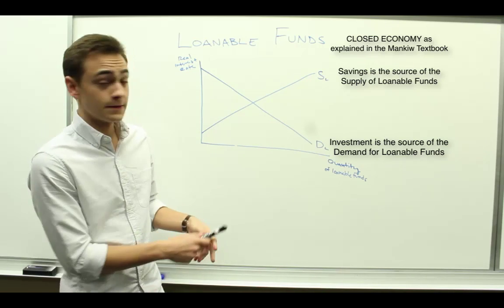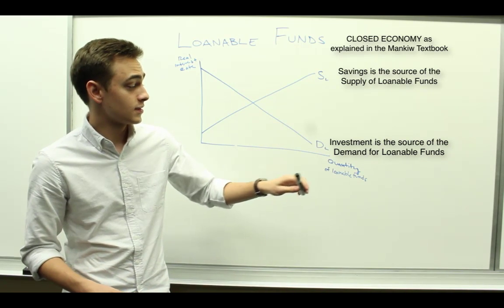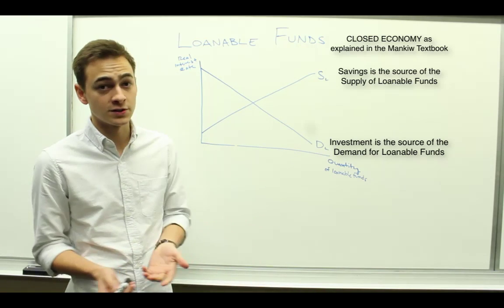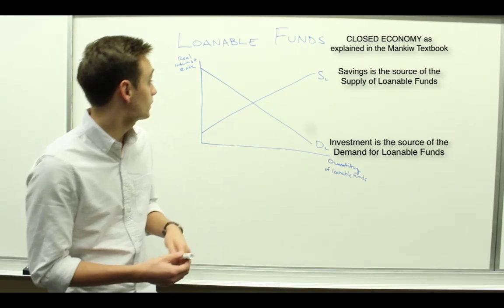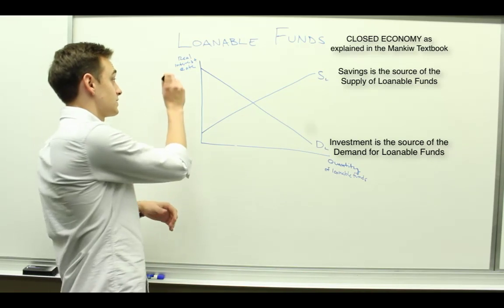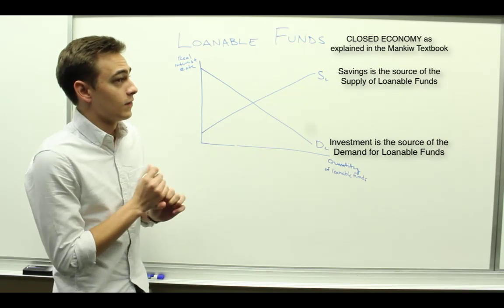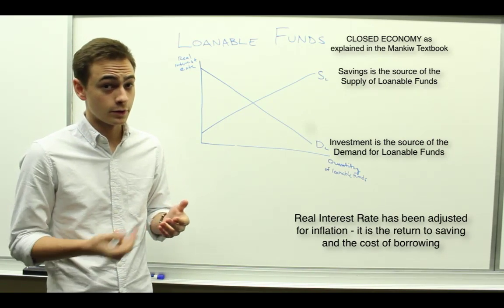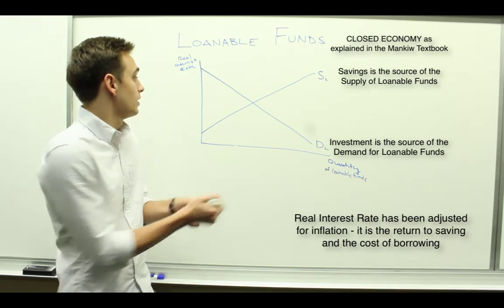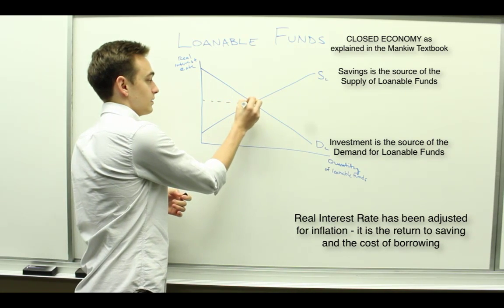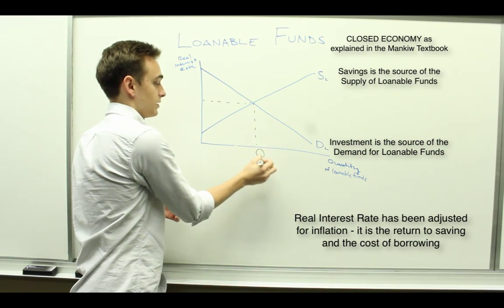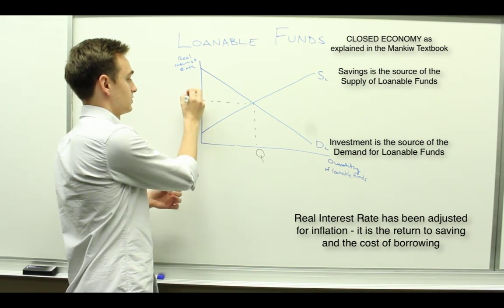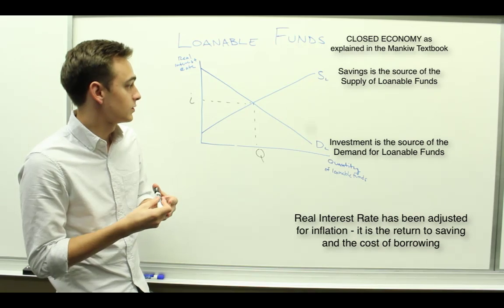So what is on the axes? The x-axis is quantity, just like normal. It's the quantity of loanable funds, the amount of funds that people are willing to loan or borrow. And on the y-axis is the real interest rate. That might not seem quite straightforward, but the real interest rate is essentially the price for borrowing and lending. So at equilibrium, there's a certain quantity of loanable funds, however many dollars,